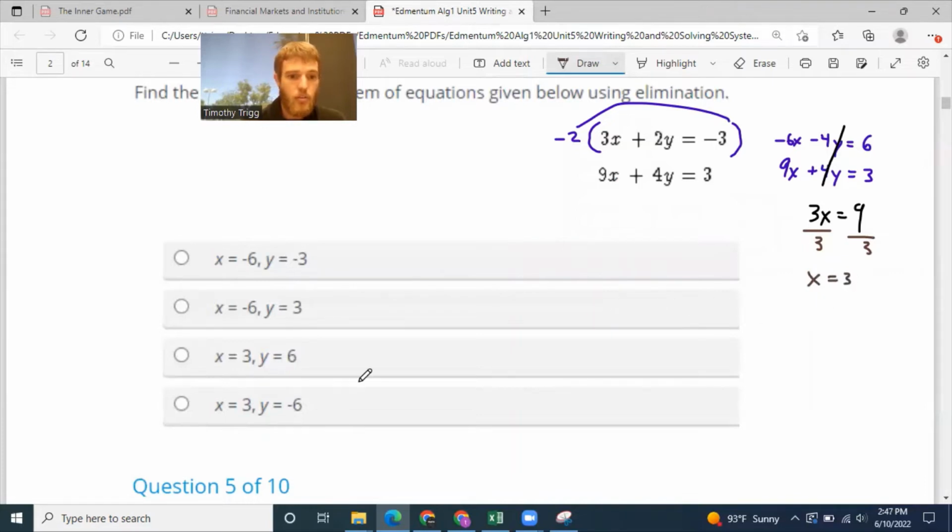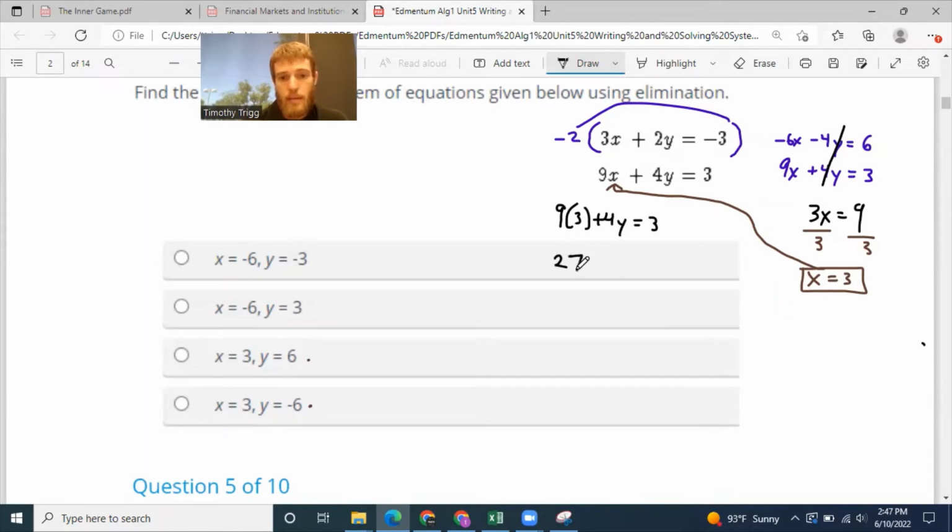So we already know the value of x is 3. So it's either this answer or it's this answer. I'm not sure yet. But now that we know the value of x, we can plug that into one of the original equations and help us solve for y. You could use either equation. They both work equally as well. But I'm going to plug it into this bottom equation here. So instead of 9 times x, it'll now say 9 times 3. Again, just using substitution. 9 times 3 plus 4y is 3. 9 times 3 is 27. So we have 27 plus 4y